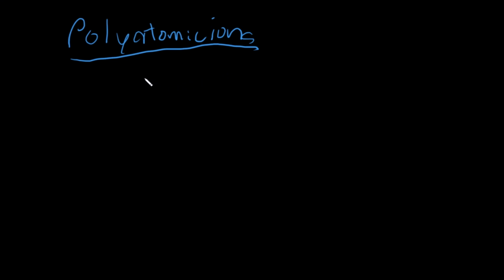Okay, so today we're going to be going over the easiest way to remember the polyatomic ions. Now, you should have a basic understanding of what these are before going into this video, because it probably will make no sense. But just as a reminder, a polyatomic ion is usually a compound that has a charge. So, if we want to remember these, there is a simple mnemonic device that we can use to remember them, and that is